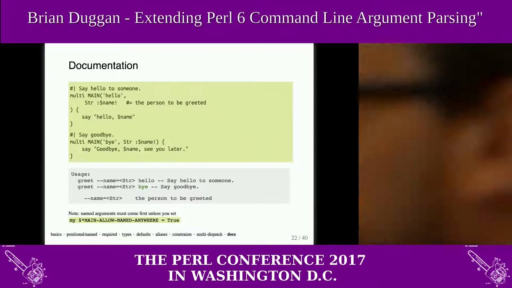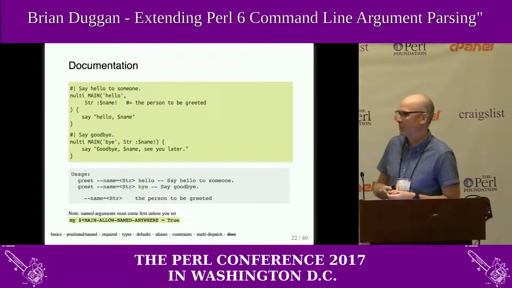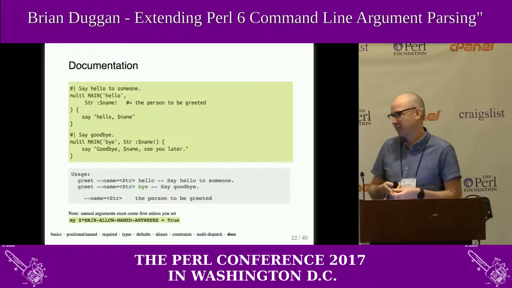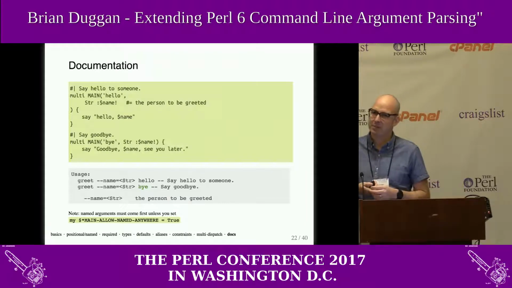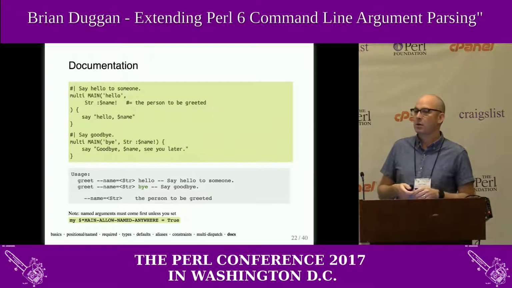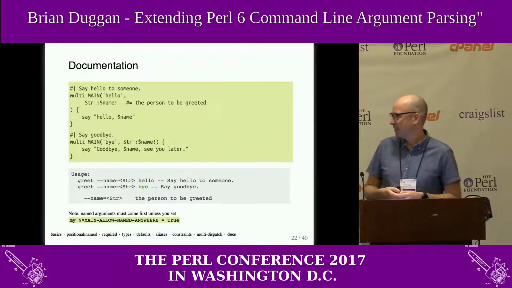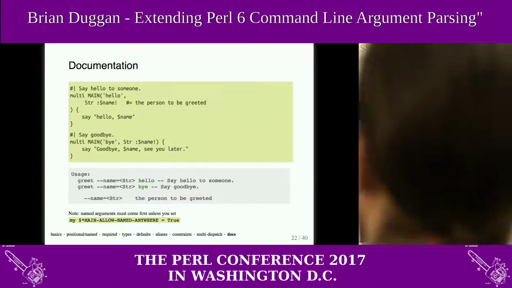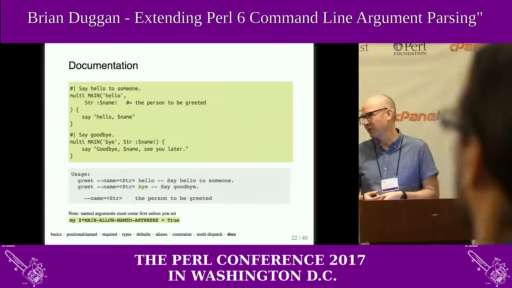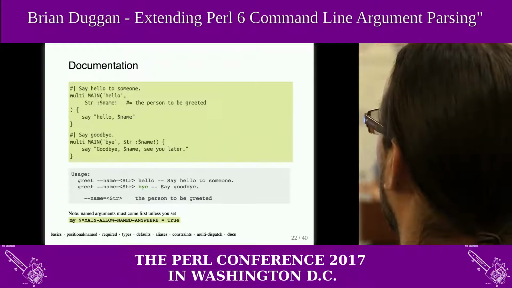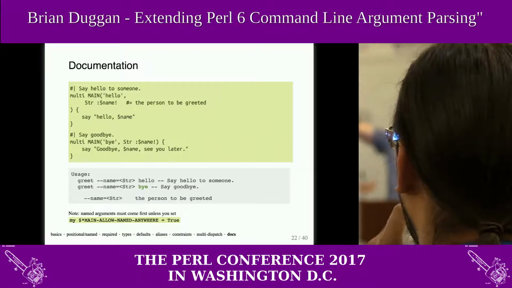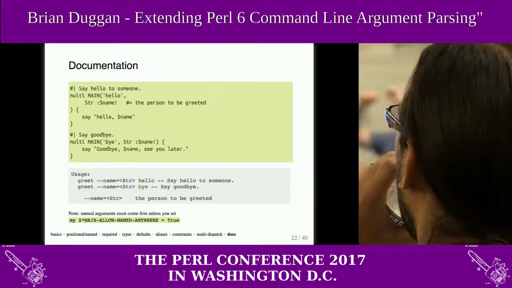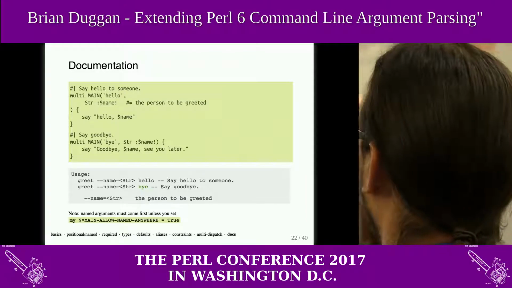And then finally, we have documentation. So not only is there a pod like in Perl 5, but even comments that begin with a number sign can be used as what's known as declarator pod. So these, by putting a vertical bar after your pound sign, that says attach this comment to whatever is coming next. And when you have an equal sign next to your number sign, that means attach this documentation to whatever